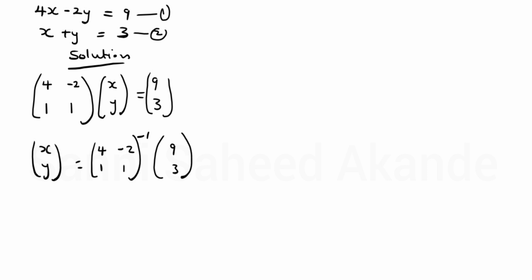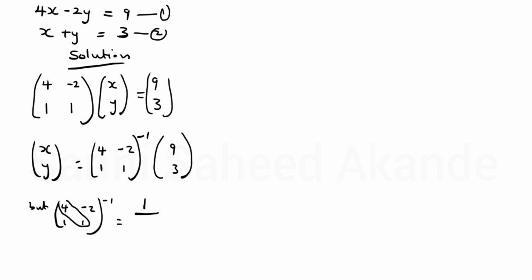All right, but for 4, minus 2, 1, 1, its inverse will be equal to, just like we have learned how to find the inverse of a matrix. Don't forget the formula is 1 over the determinant of this matrix. What is the determinant of this matrix? So we have 4 times 1, multiplied diagonally. 4 times 1 is 4, then minus 1 times minus 2, which is minus minus 2. Then we have 4 minus minus 2, that will be 4 plus 2, and that is